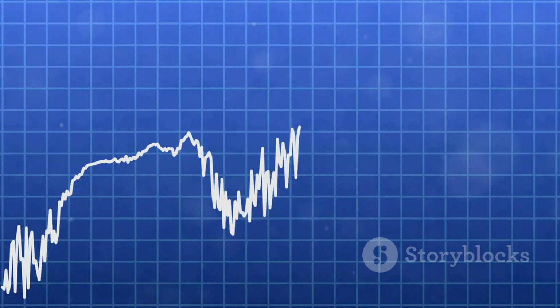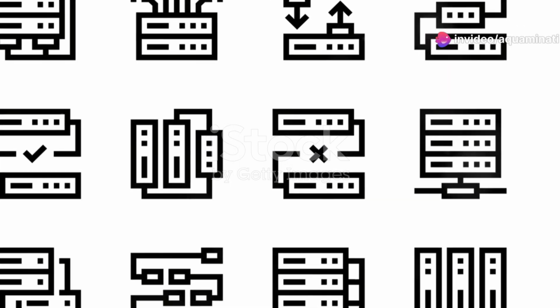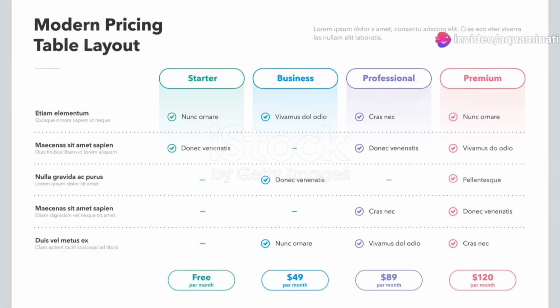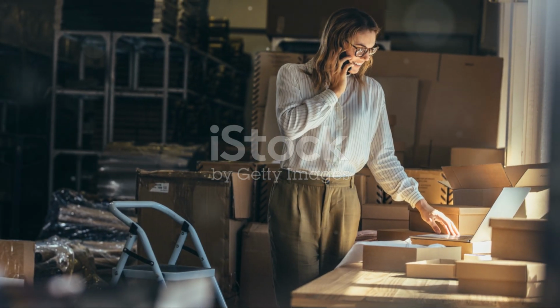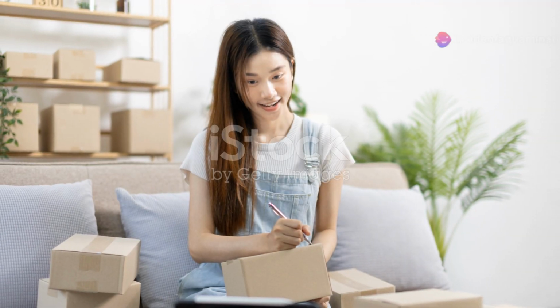The beauty of relational databases lies in their ability to connect these tables through relationships. For instance, the order table would have a foreign key referencing the customer ID in the customer table, and another foreign key referencing the product ID in the product table. This way, you can easily retrieve information about a specific order, including the customer who placed it and the products